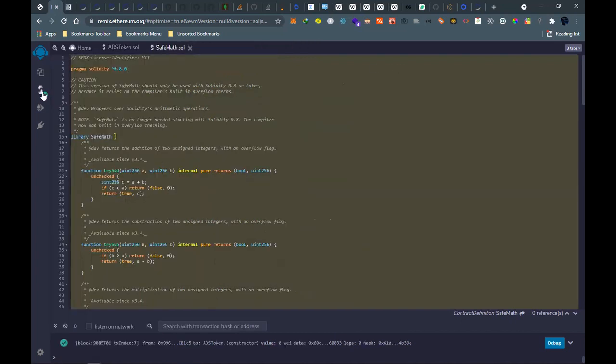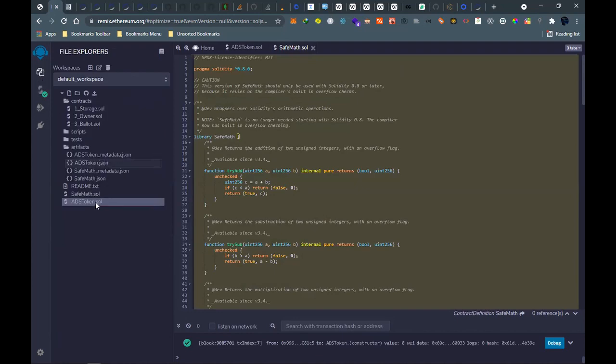Then okay, so it's the safe math here. Then control S. Save.